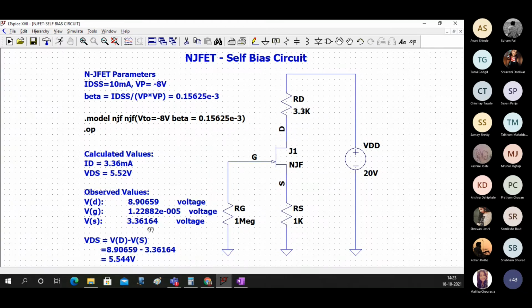Put this in the chat box. I want to see this. I'm giving you 5 minutes to do this. I want everybody to put this in the chat box. Whatever we have calculated in class, that is what we are observing here in the simulation.